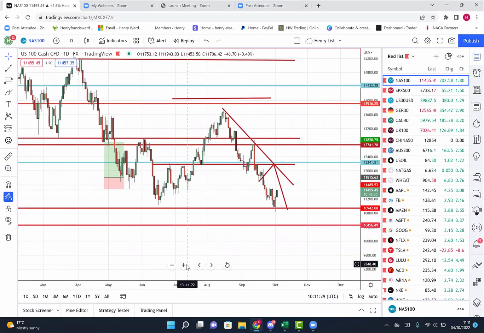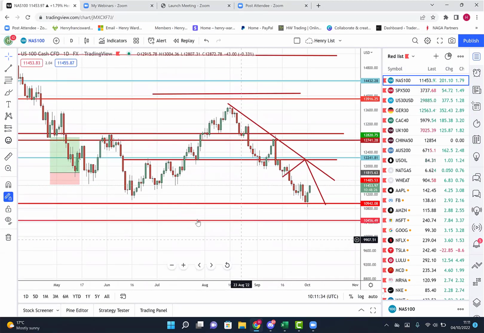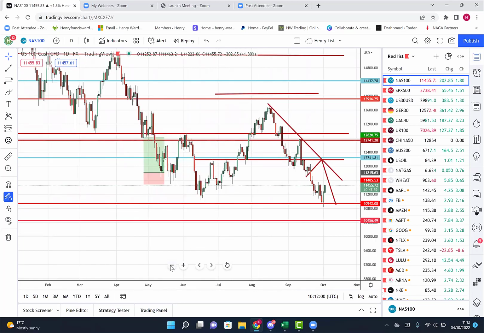So we have had exactly what we talked about here on the Nasdaq. It's come down here quite nicely. We wanted it to pull back here. It didn't hit that level and then come the whole way back down here. So it's come back into this area. Now the problem is, which of these levels do we look at? And when we're sitting here, I did talk about coming back to this level here. So this level seems to be a little bit better